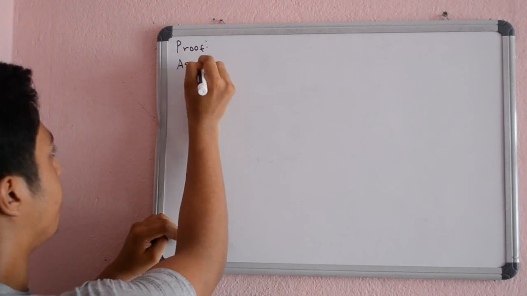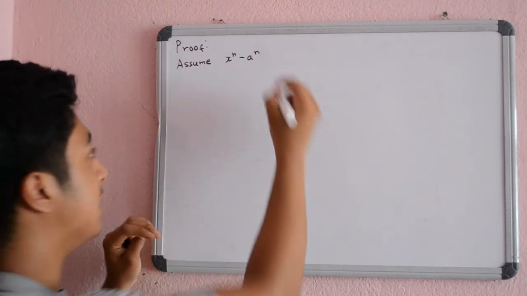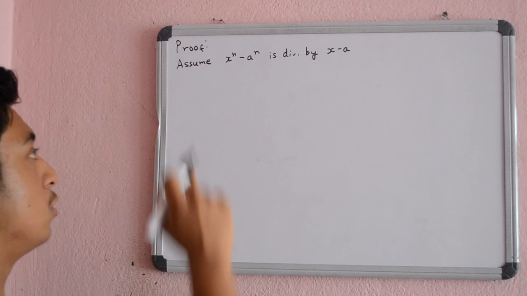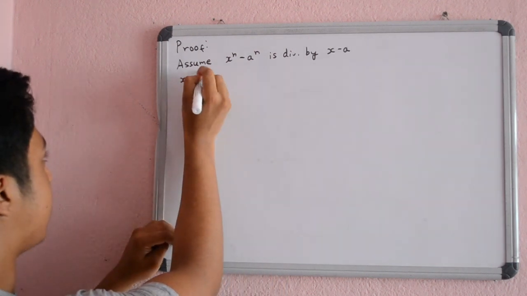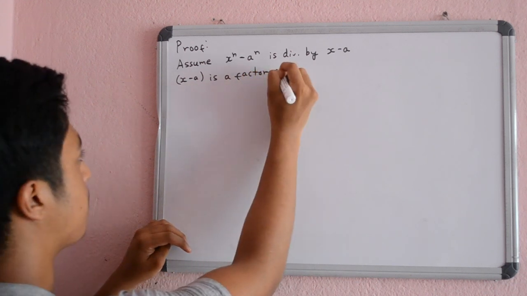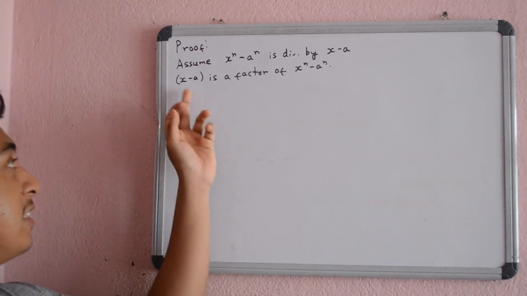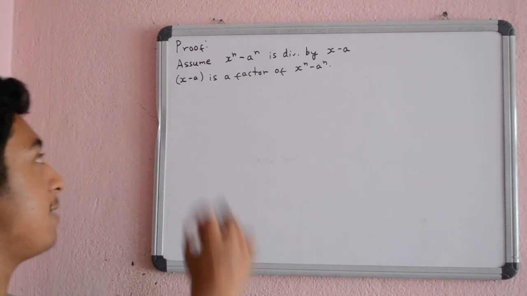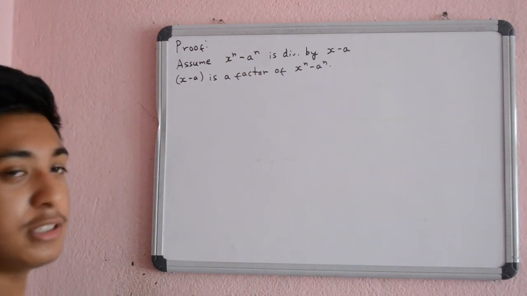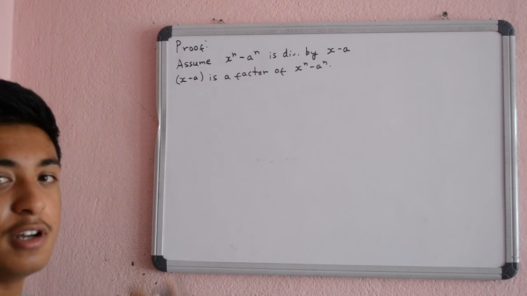Let's assume that x to the power n minus a to the power n is divisible by x minus a. So what that means is x minus a is a factor of x to the power n minus a to the power n. What that means is that if we put x equals to a, the whole remainder that we get is 0. And let's do synthetic division, but first let's find out how to do synthetic division for a polynomial